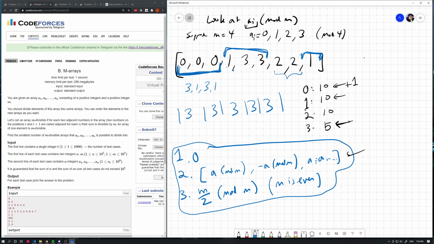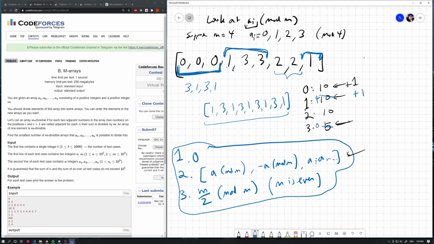So basically what you can do is add 1, remove 6 from here and remove 5 from here, and that represents this 1 3 1 3 1 3 1 3 1